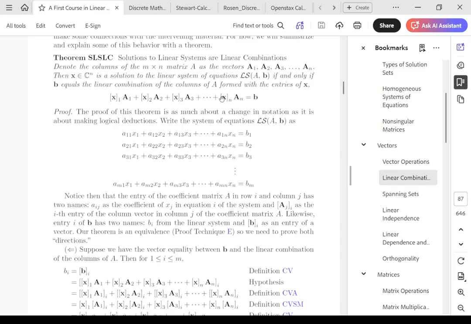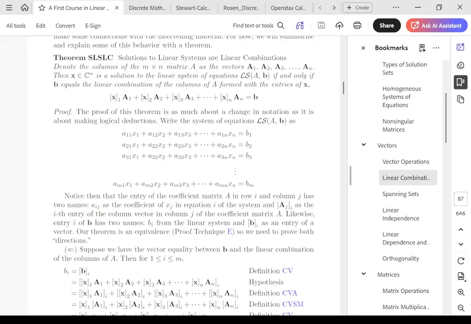Written in this form, be comfortable with the notation and what it means. These A sub 1, A sub 2, etc., are column vectors, along with b. B is a column vector. And these x entries in brackets correspond to scalars. The scalar comes from the elements in the column vector x. Now, instead of going through the proof, let's decipher this notation